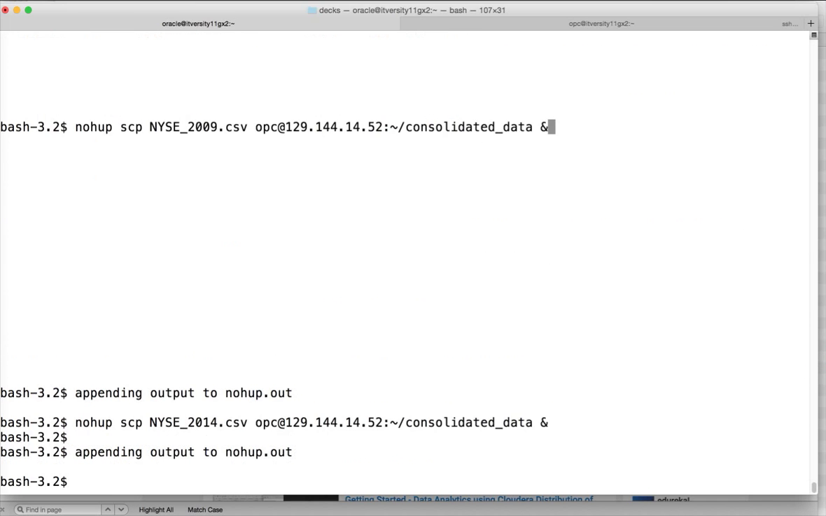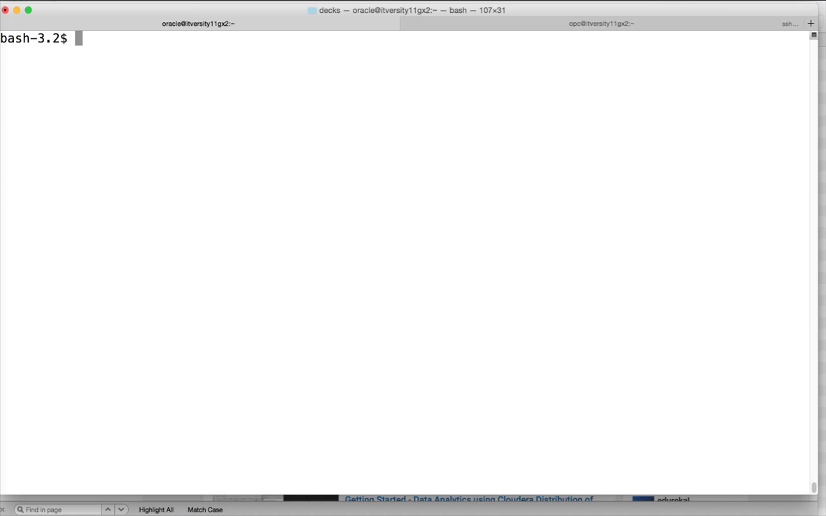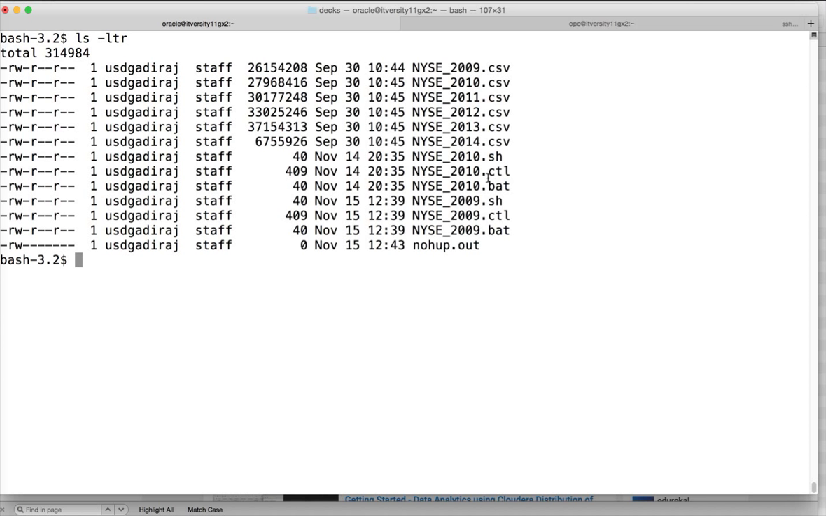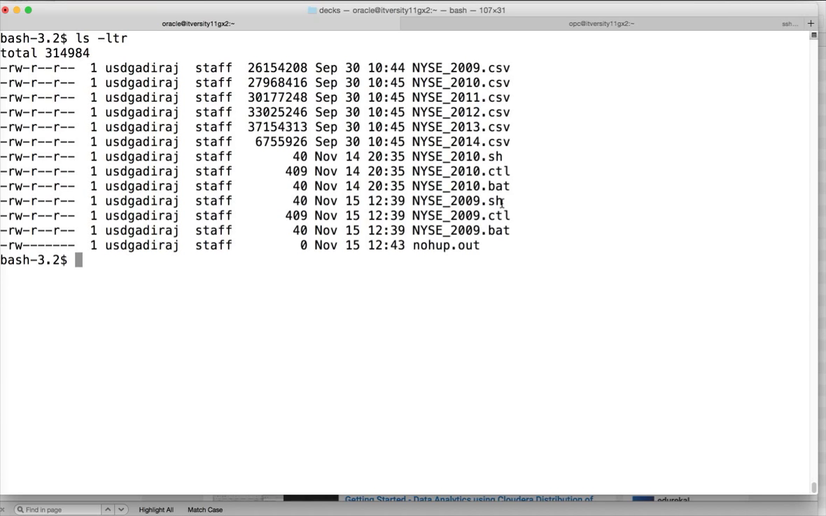But we have these .sh and .ctl files for 2009, which are generated when we run using SQL Developer. These two are the scripts which were just created, and we have to copy these onto the server as well. So I will be doing scp